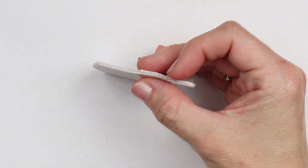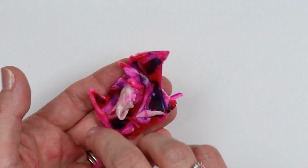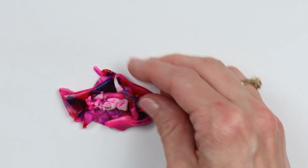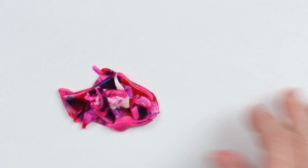You can just roll that out. I am making mine probably on the thinner side, and I am going to put a backing on this, so that's why. This is all of the scraps from the first project. I am doing my best to use all of my scraps, and I have been successful. I'm so happy. But basically, you just want to mush all this together, squish it together, roll it out, and